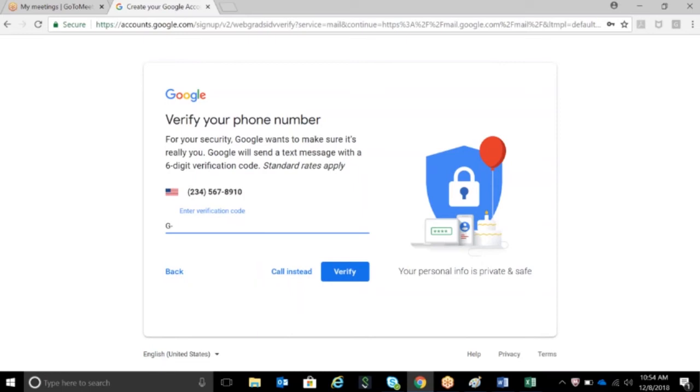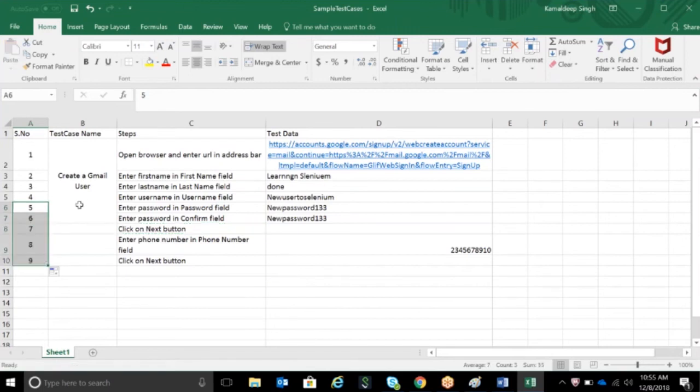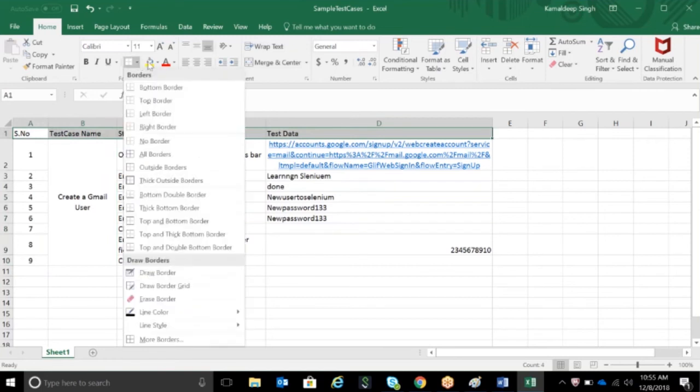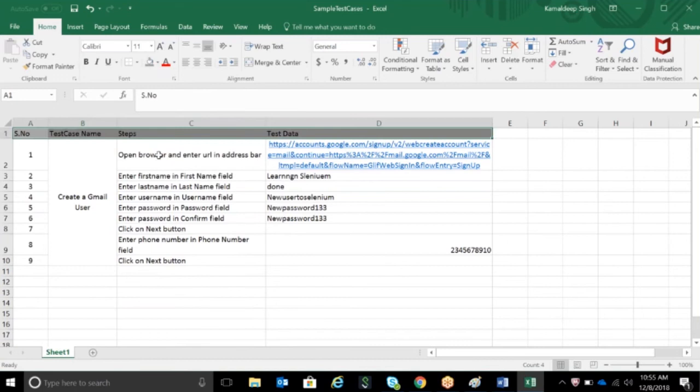Okay, so suppose this was my functionality, right? So we are good with this one. We have the scenario that we have created the test case. Similarly, we can create test cases for multiple scenarios as per the need. But I just want to give you a high level idea of how the test case looks like. So for example, this is my test case, right? What if, in case, how the test results would look like, right?